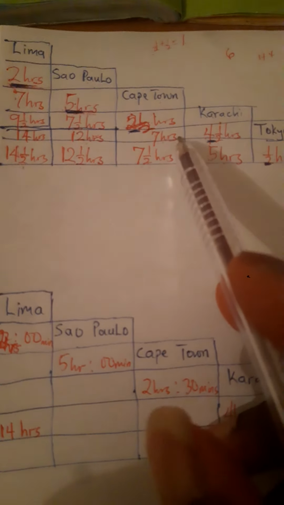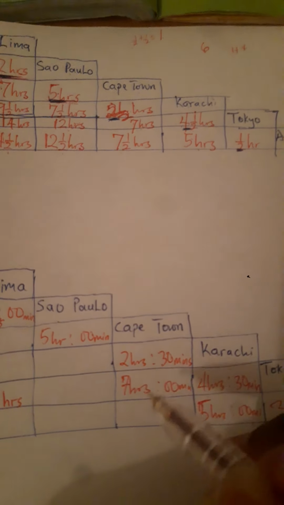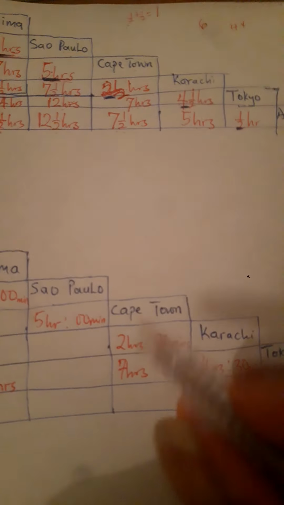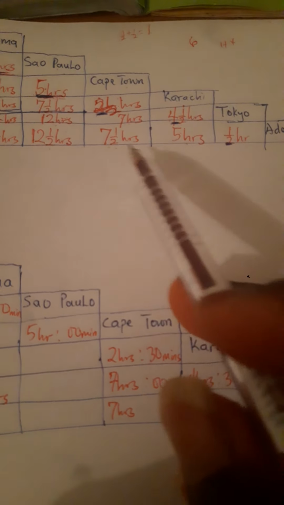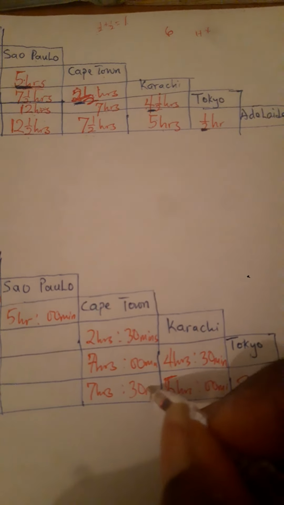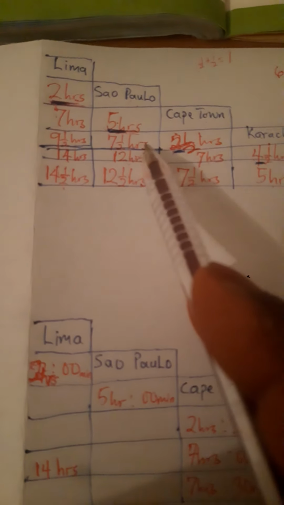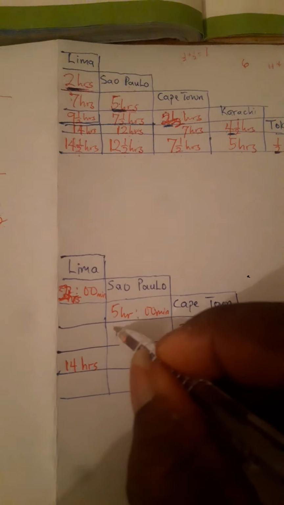Here is 7 hours. So I have 7 hours, 00 minutes. Okay. And here is 7.5. So you're gonna have 7 hours. The half is what? 30 minutes. Okay. Here is what? 7.5. So you have 7 hours,